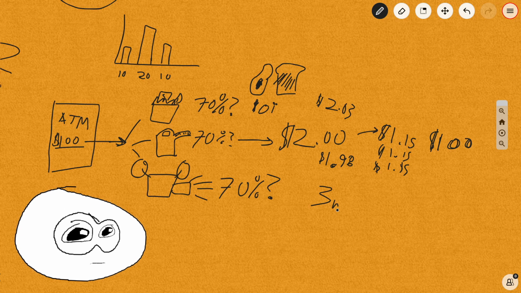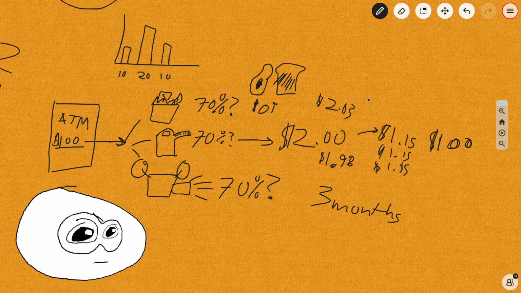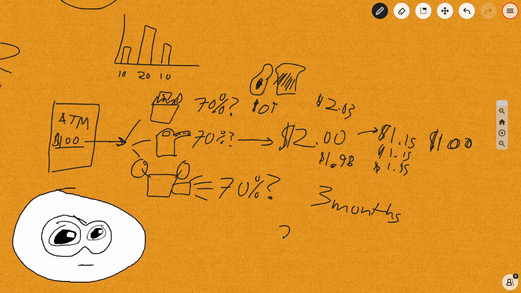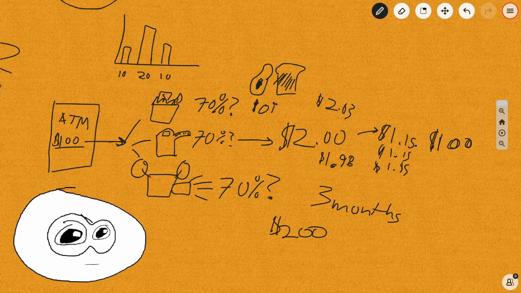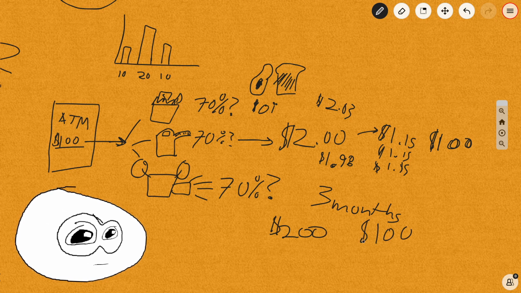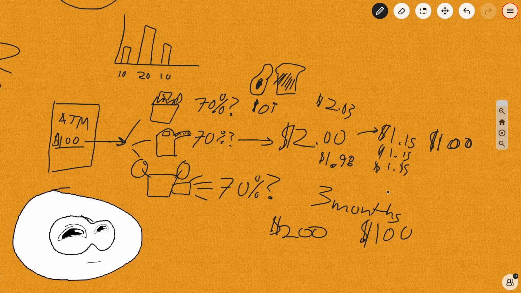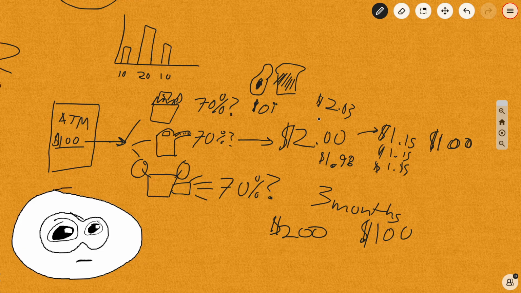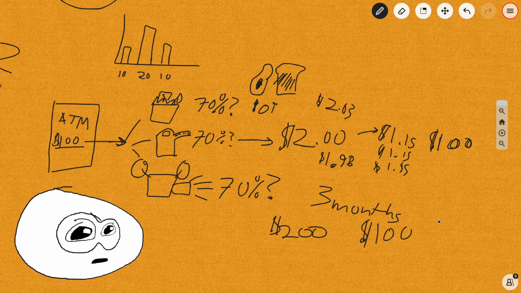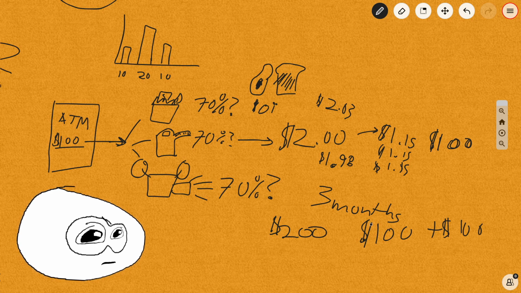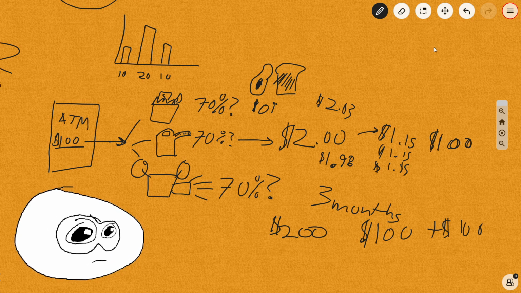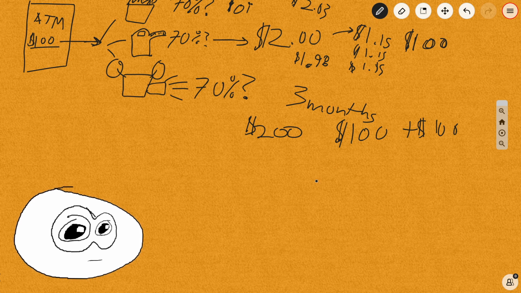Because here, over a period of, let's use a number, right? 3 months. 3 months of driving, you track how many times you get gas. And then you expect here, you spent like $200. And over here, you spent like $100, right? So over that 3-month period where you're getting $1 gas, you only spent like $100. And over here, you spent $200. And then with the $100 membership, that's annual, so once a year, you break even at about 3 months. And then for the rest of the year, for 9 months,